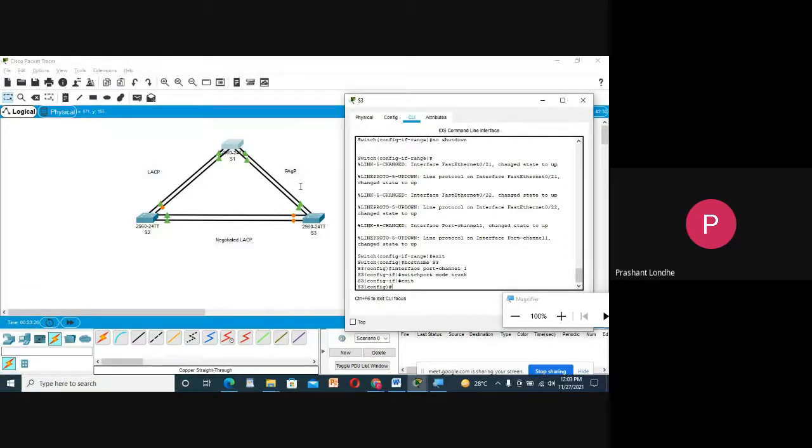If you are not doing this in the simulator, it will work. But in real life, it will not work because there will not be any kind of synchronization. And remember, none of these protocols are interoperable. Means if a particular link is working with PAGP and its virtualized link is working with some kind of LACP or negotiated LACP or no negotiate, they will not interoperate with each other.